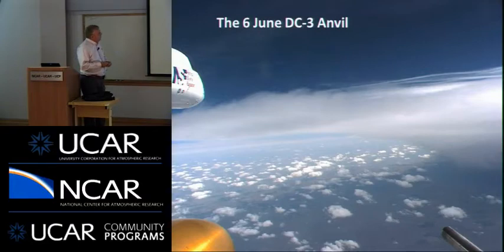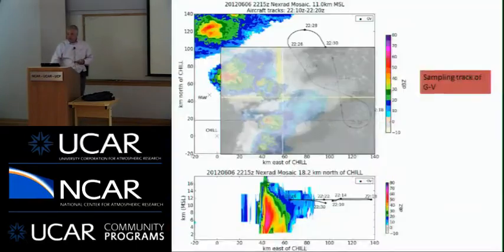And the thing about an anvil like this, you have to remember, is these particles here are among the particles with the lowest fall velocity, and over here, particles with a higher fall velocity. So we might expect to find particles here that are sorted due to their interaction with the updrafts in the cloud. And I think that's a key part of our understanding of what's going on here.